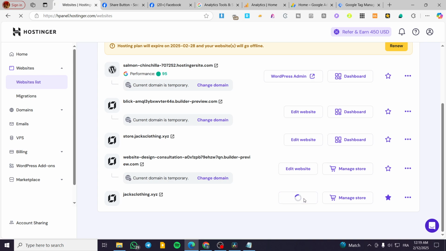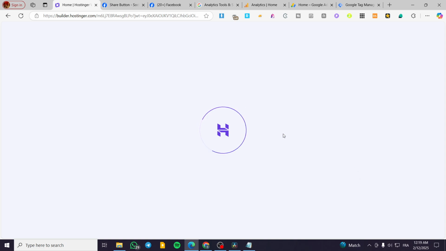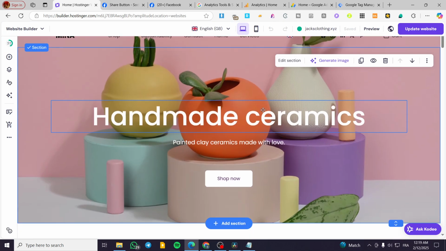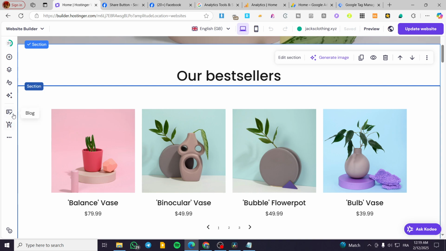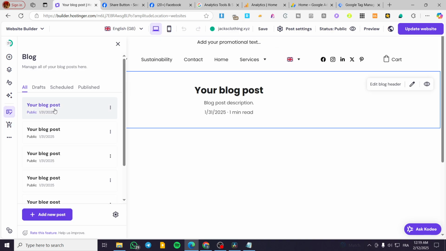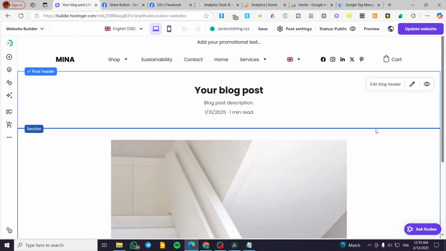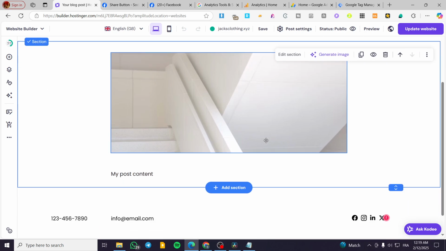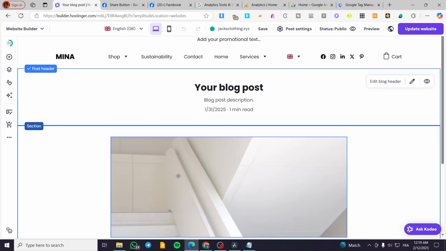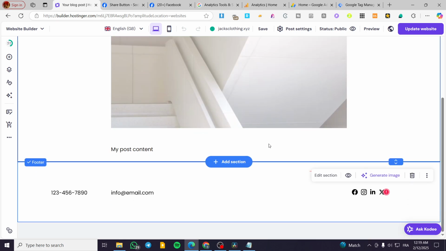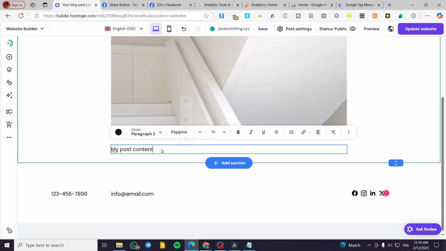For example, I'm going to have this one, and I'm going to make sure that I open a page on our website. For example, I'm going to add something on the blogs. So we are going to head over to the blog, and as you can see, here we have the blog. Now, I am going to make the modification that I want. For example, here we are going to double tap, and then set up a simple phrase or simple paragraph,